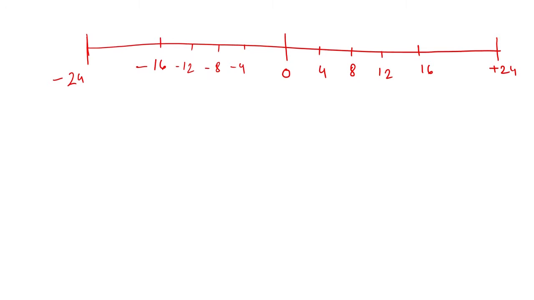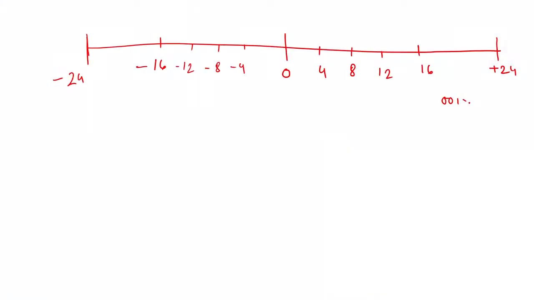Okay. So, now what are the other numbers? We got with 2, then 0 0 1 into 2 to the power 1. So, this is 3 into 2, which will give you 6. So, it should be somewhere here, 6, and minus 6 here. Then it will be 2 into 2. So, 4 is already there, then 1 into 2. So, 2 should be somewhere here, 2 is here, 2 is here.